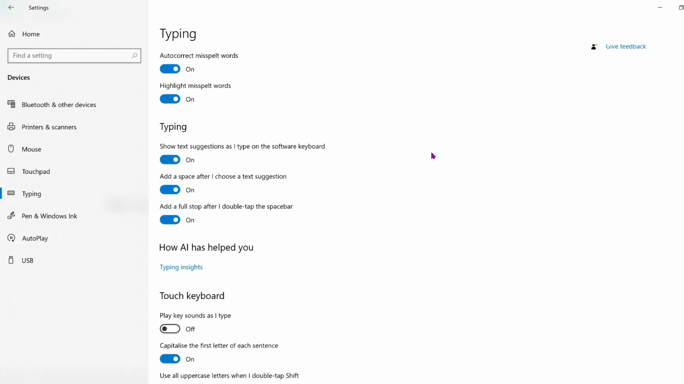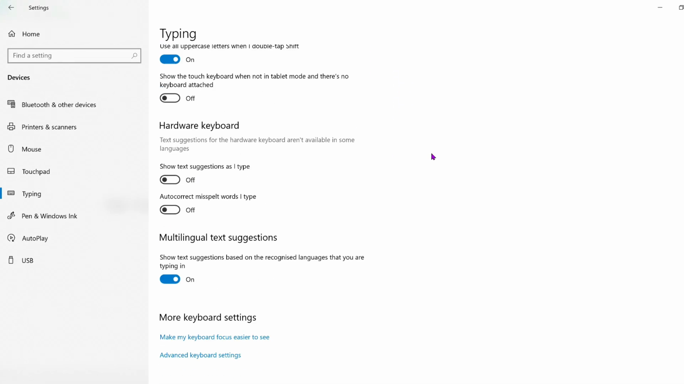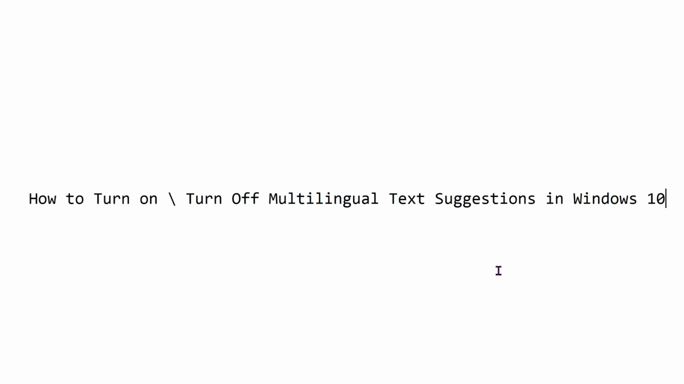And now you need to scroll down until you find multilingual text suggestions, and this says shows text suggestion based on the recognized language that you are typing in. If you need to turn it off, you just need to toggle it off, and if you want to turn it on, you just need to turn it on, and that's all. So this way you can easily turn on or off multilingual text